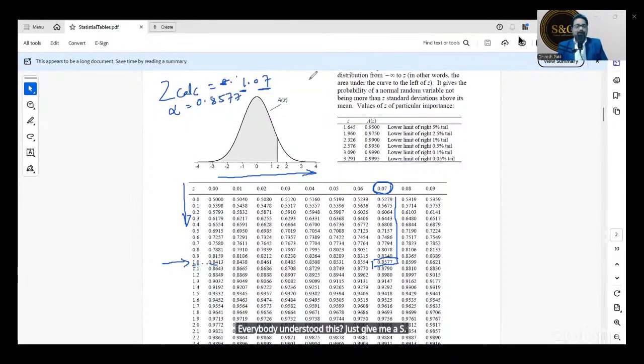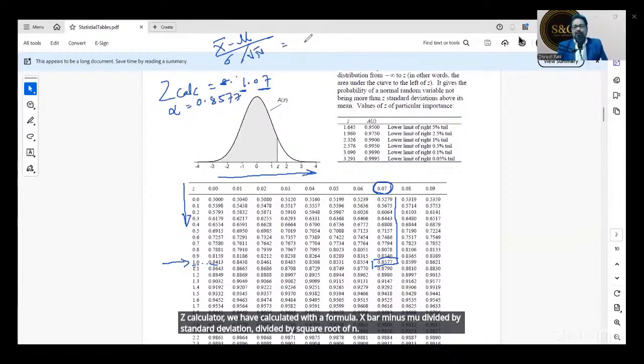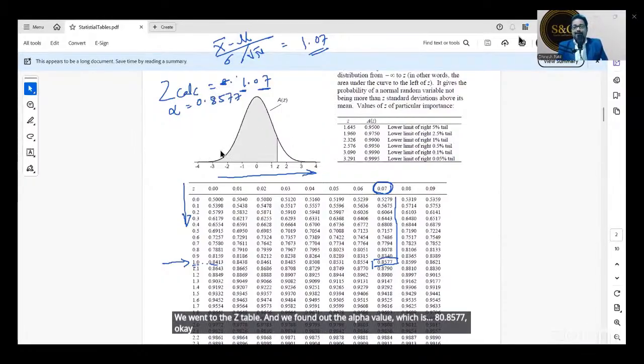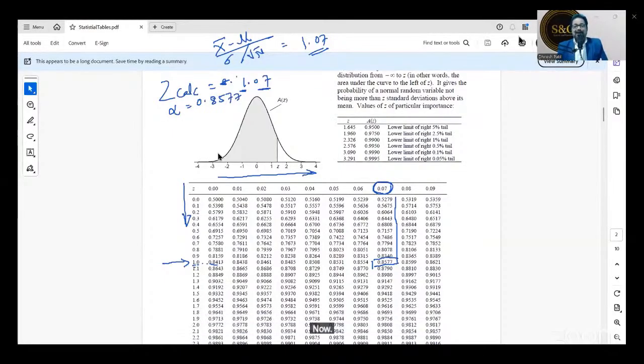With the Z calculator we calculated with the formula x bar minus mu divided by standard deviation divided by square root of n. When we put the values, we got 1.07. We went to the Z table and found the alpha value, which is 0.8577. Okay. Now listen to me very carefully.